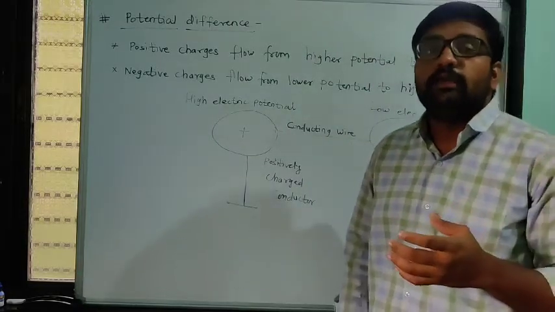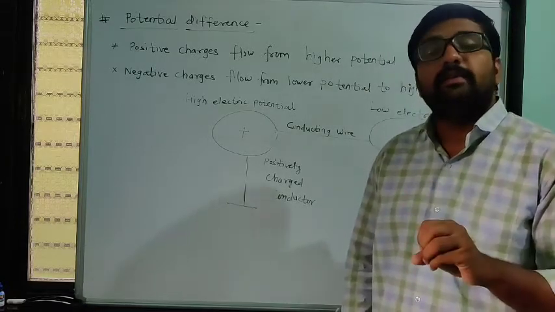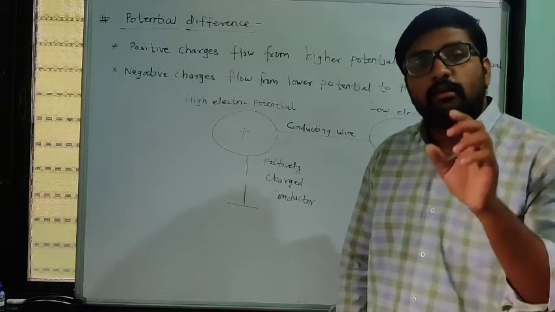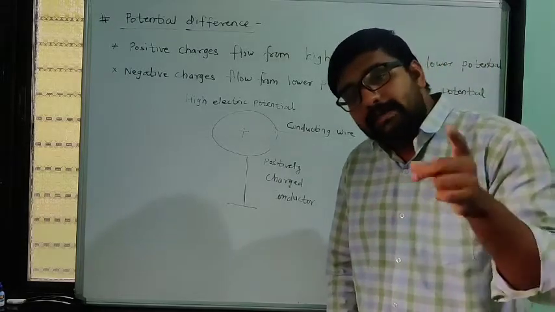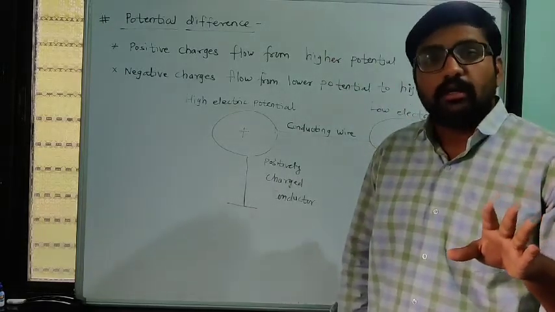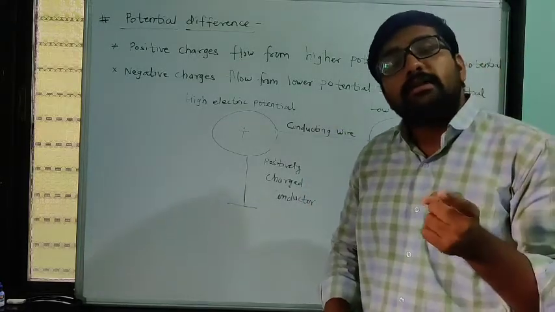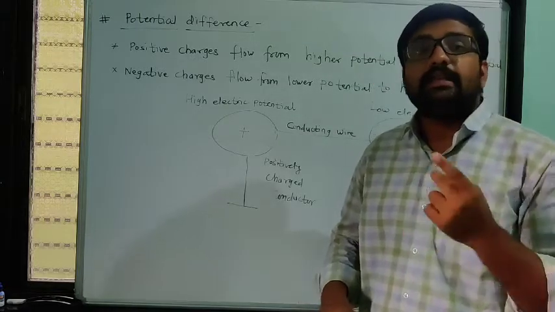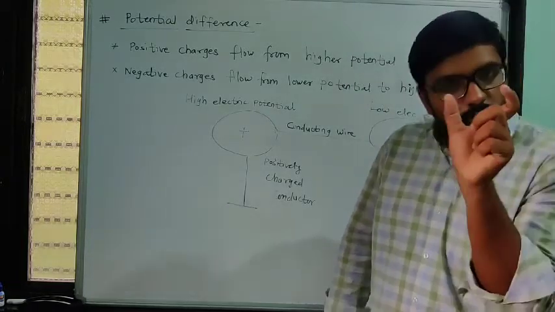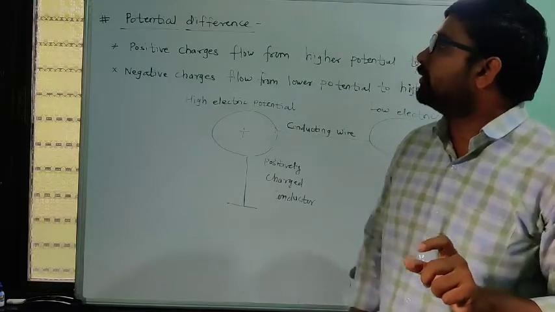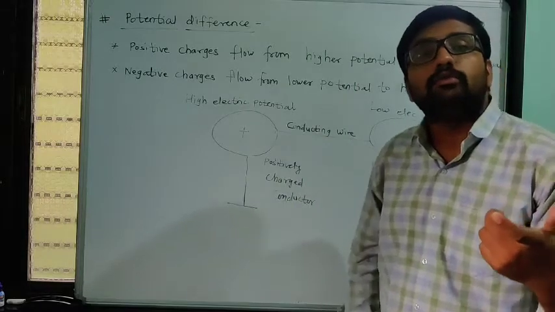Now we have to see the motion of charges. We made the definition that electricity is the motion of charges. When these charges flow, just like water, we know that for the motion of water we need a difference of height. In the case of charges, we also need some difference between them, and that difference is called the potential difference, the difference of potentials of two points.